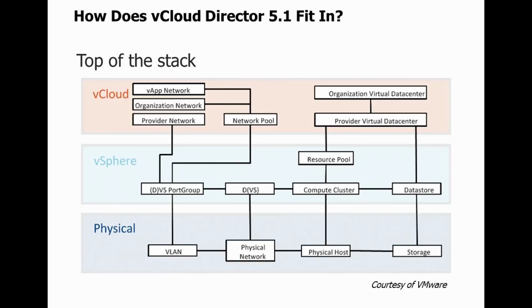The physical hosts are then translated to compute clusters. That's how we take up to 32 hosts and logically mash them together into a pool of resources. And they even talk about a resource pool, which is how we further logically define compute clusters into smaller groupings of resources. The physical network then becomes the DVS, a distributed virtual switch, although now it's the VDS,